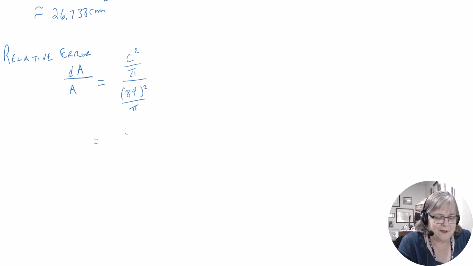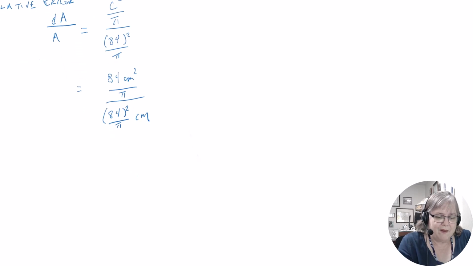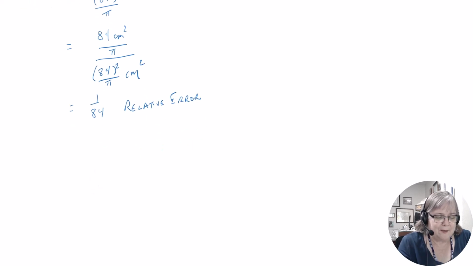Let me put the numbers in here. 84 centimeters squared over pi. 84 squared over pi centimeters squared. So this turns out to be 1 over 84. This is the relative error. And if you want it as a percentage and divide that out, it becomes 0.012